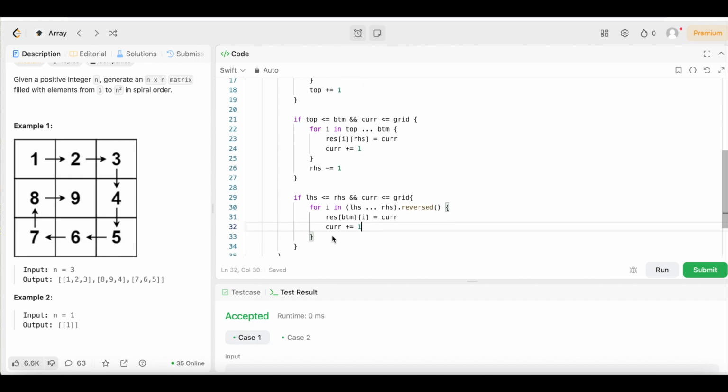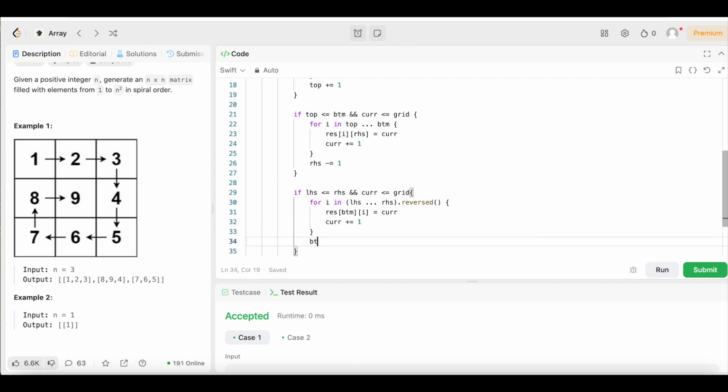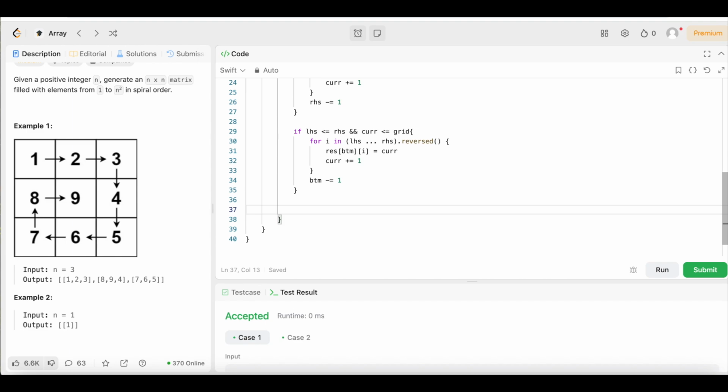So in order to do that, we're going to come right here and say BTM -= 1, just like that. And now we need to come outside this. We're almost done, not done yet. We still need to traverse from the bottom to the top along the left side, or the leftmost column. So we're going to say if top is less than or equal to BTM && cur is less than or equal to grid. Then we're going to open up the brackets, and we're going to say for i in, open up the parentheses, top...BTM